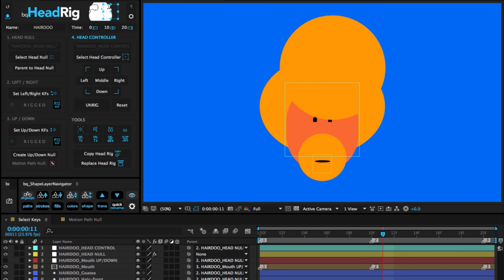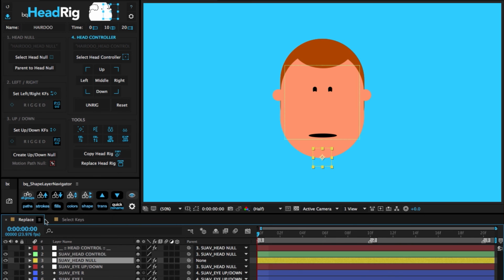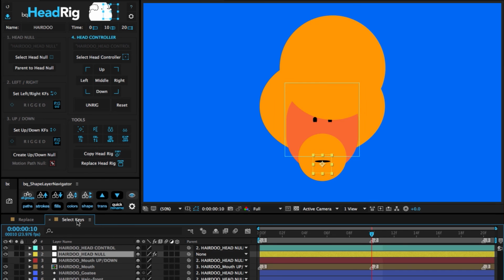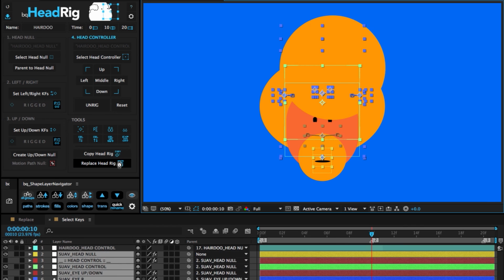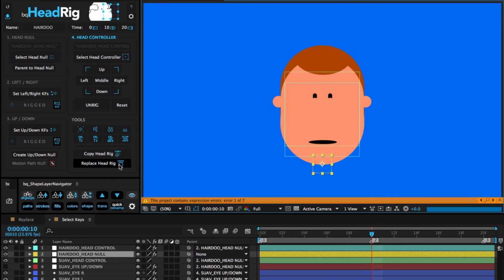You can easily copy and replace rigs between compositions. For example, if I have this head rig, but I want to replace it with a different head rig, instead of having to reanimate everything, I can just navigate to the head rig I want to replace it with, select the head null, and click copy. Then navigate to the head rig I want to be replaced, select its head null, and click replace. It'll delete that head rig and replace it with the new one,